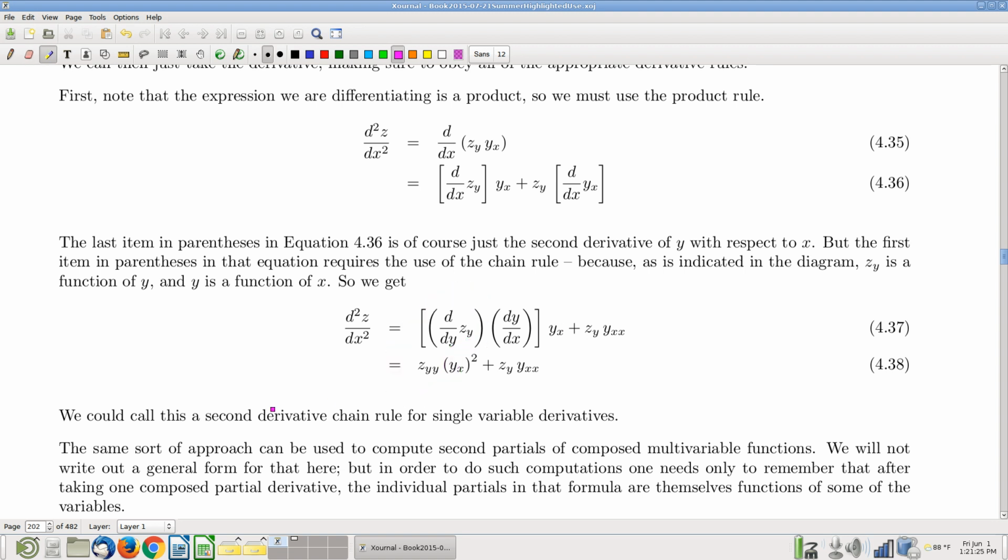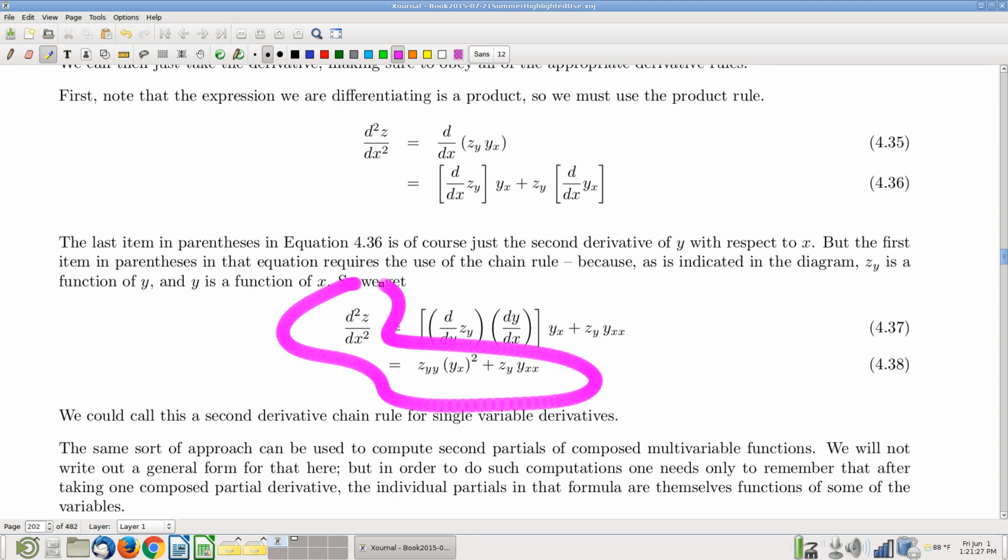Right. And altogether then, there's your second derivative chain rule that I'll bet you dollars to donuts you've never seen before, because my gosh, why would anyone do it this way? How weird. Who needs this rule? If I need to take a second derivative, I'll just take a derivative and do it again. Okay. So anyway, this process is a lot more valuable in a multivariable context than it is in a